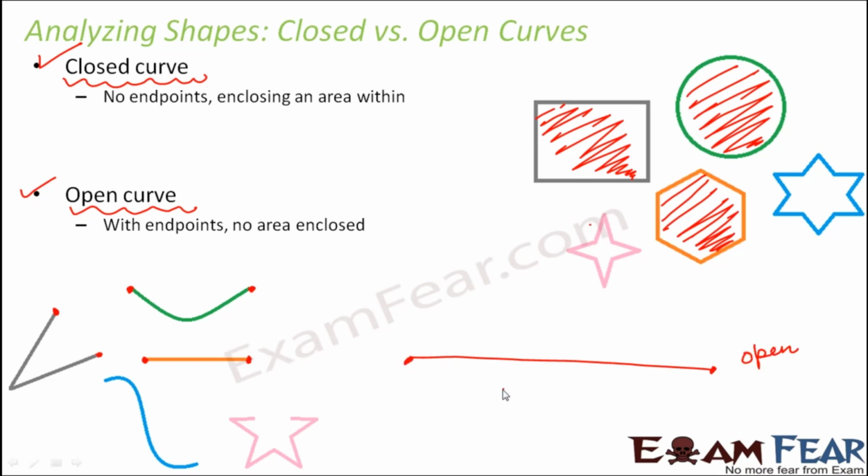But the moment you fold the same rope to form a loop like this, what happens? You do not see the open ends and you do not see the end points anymore, because it is bound like this. It's closed. Moreover, it encloses an area within it. So this is the area enclosed by this rope. In this case, what kind of curve is this? This is a closed curve. So this is how we can distinguish between open curve and closed curve.